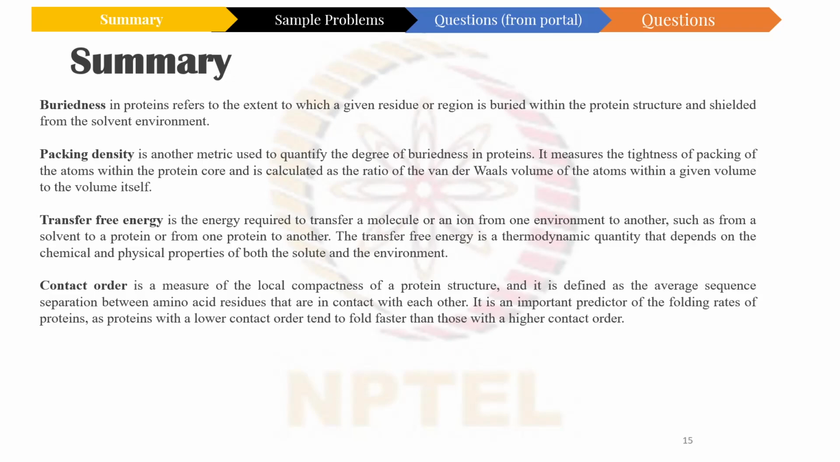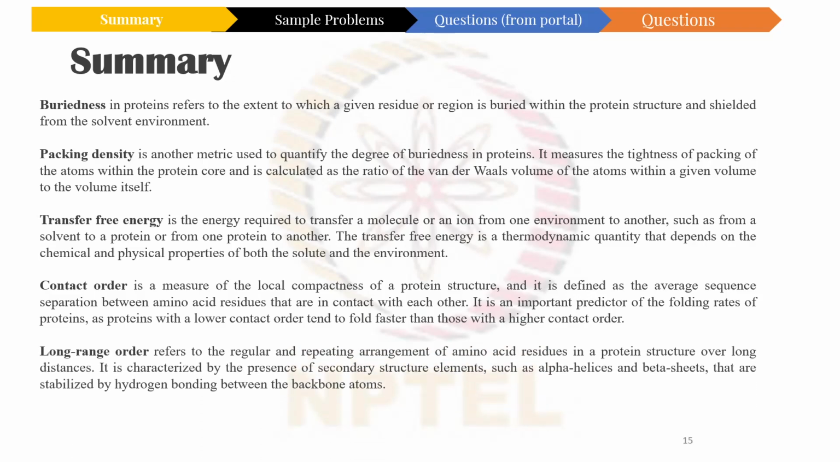We'll solve a problem on contact order as well as long range order, which refers to the regular and repeating arrangement of amino acid residues in a protein structure over long distances. This long range order is characterized by the presence of secondary structure elements such as alpha helices and beta sheets that are stabilized by hydrogen bonding